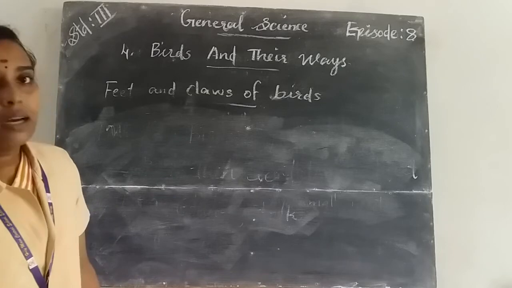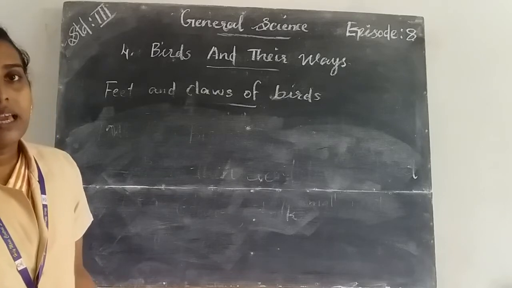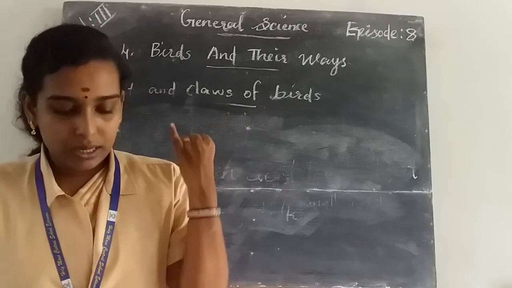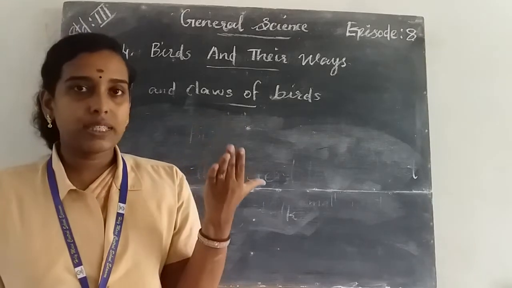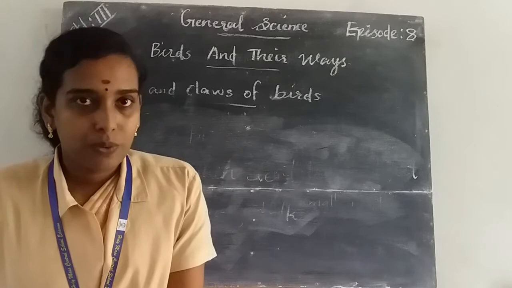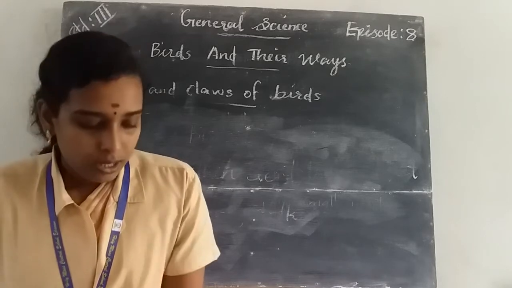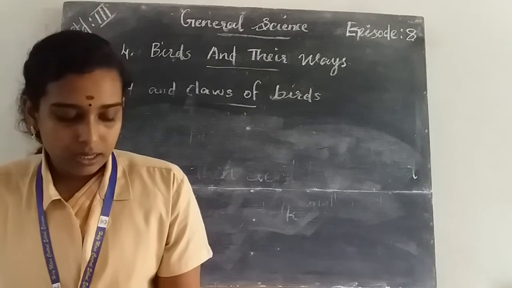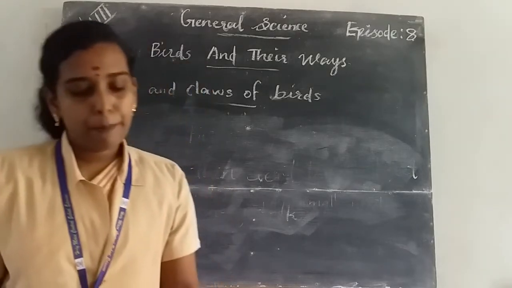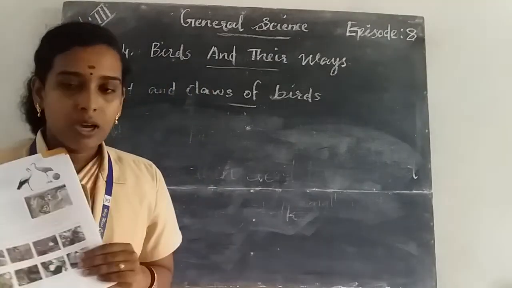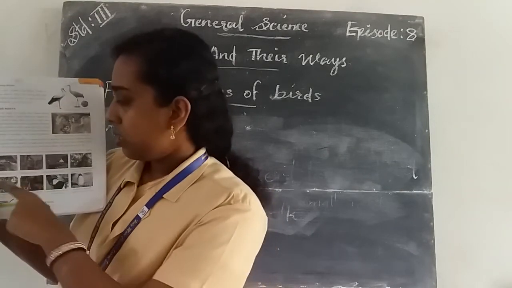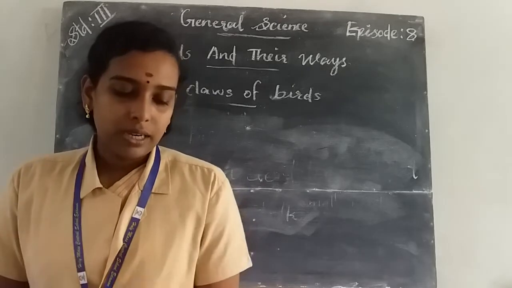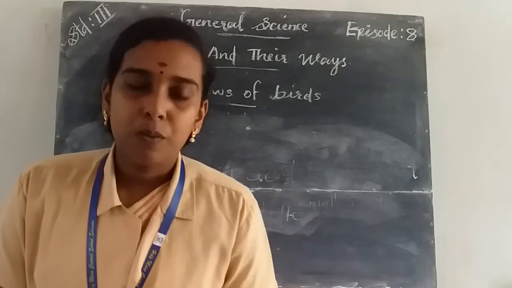used to make their nest. Okay, birds use different types of materials like paper, twigs, grass, feathers, wool, etc. to make their nest. So, in your textbook, there are some pictures of different types of nests. Look at the pictures and identify the different types of nests built by birds.